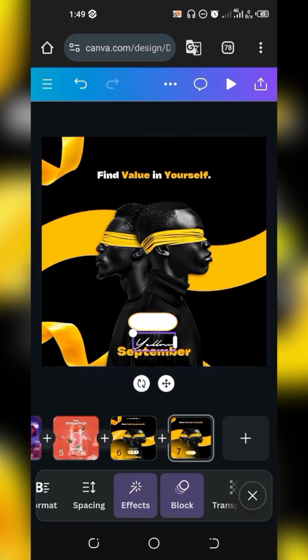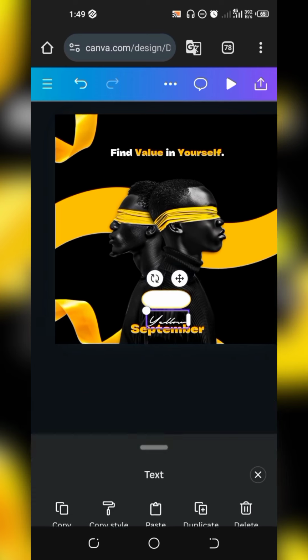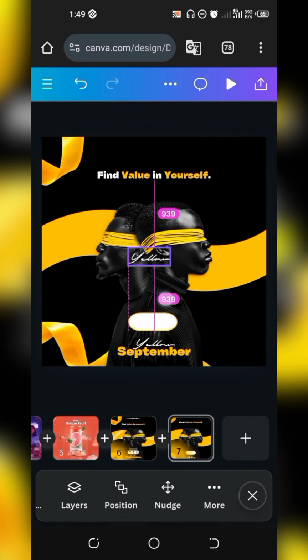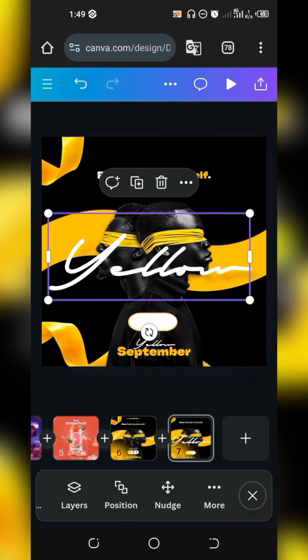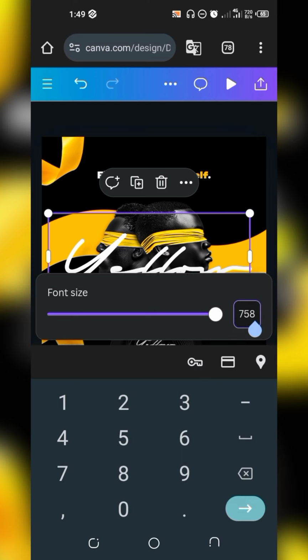Okay, so then you can now click on this. Let's go over to more. Our duplicate button is not showing. Click on more, drag this down, duplicate, raise this up. Now increase it. The normal font size for this is actually 1. Let's see if it will allow us to have the actual font size which we want to use today.